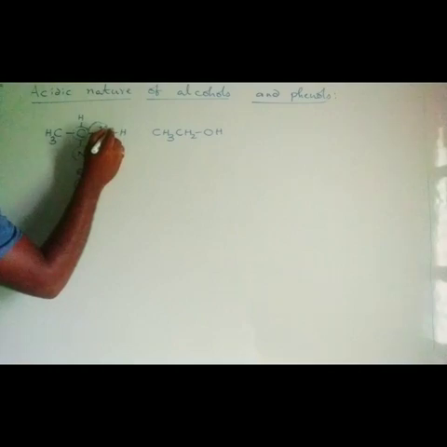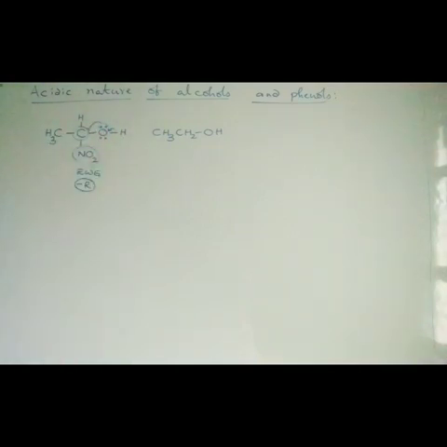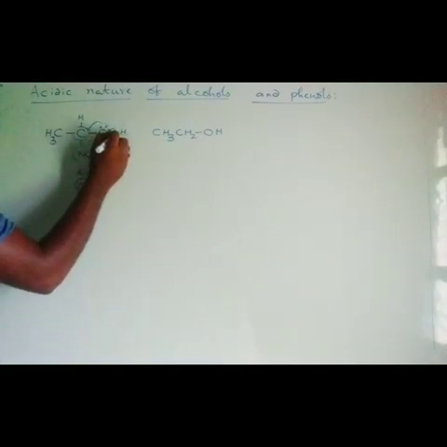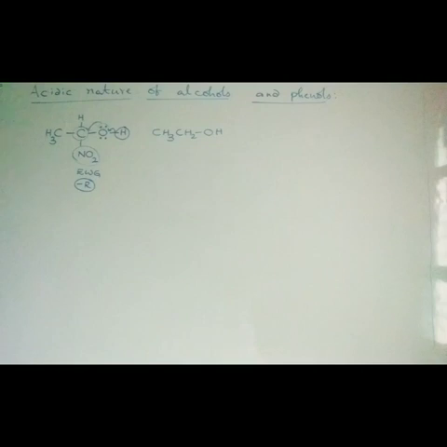Now the oxygen is more interested in taking away the O-H bonded sigma pair of electrons. As a result, this bond pair of electrons may be completely taken away by oxygen, and then H will be released as H plus easily. So in that way, the electron withdrawing groups increase the acidic strength.